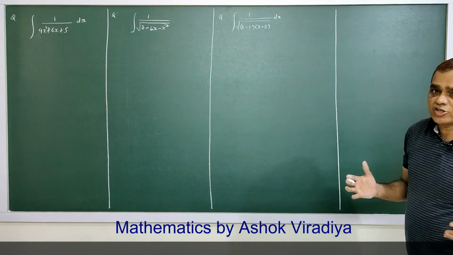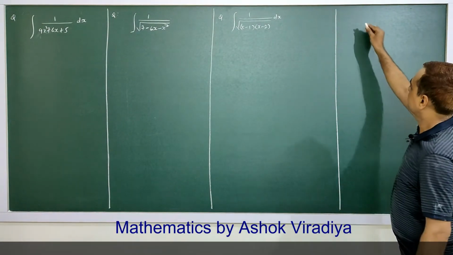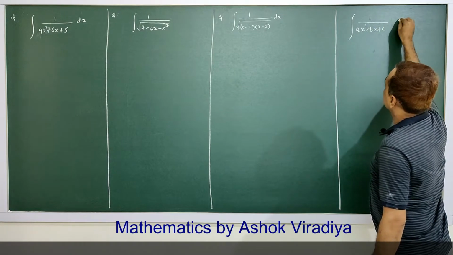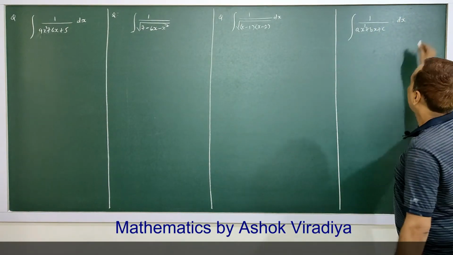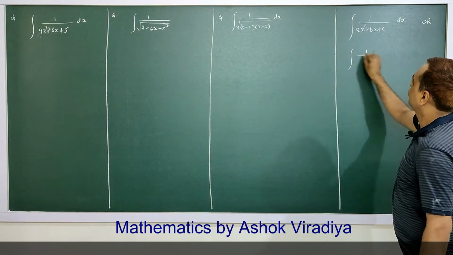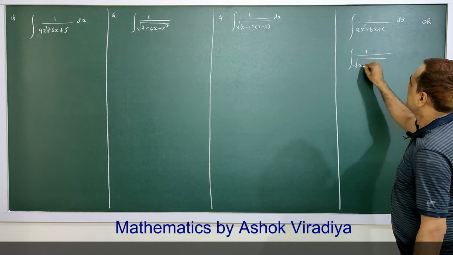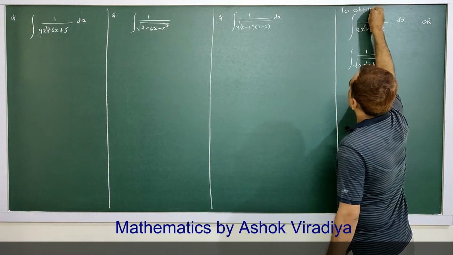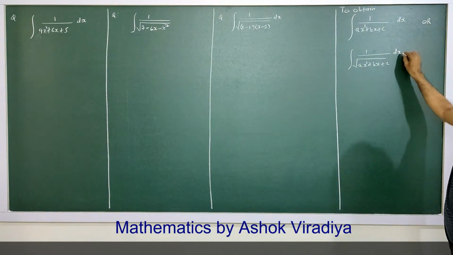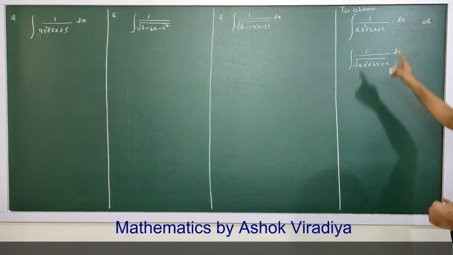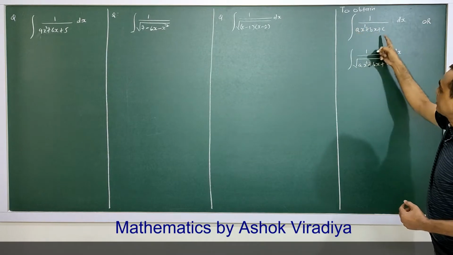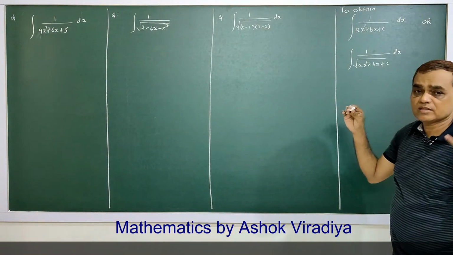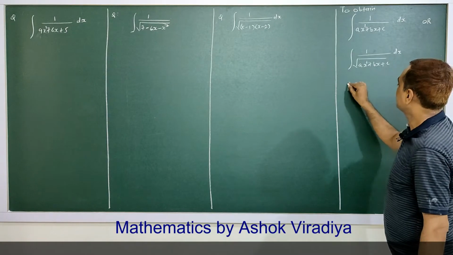Now, a slight variation in method. See, whenever we want to integrate 1 upon ax square plus bx plus c, or the integral of 1 upon square root of ax square plus bx plus c, such type of integrals, if the integrand is 1 upon a quadratic polynomial, or 1 upon square root of a quadratic polynomial, then what will be the procedure? So remember, the procedure is